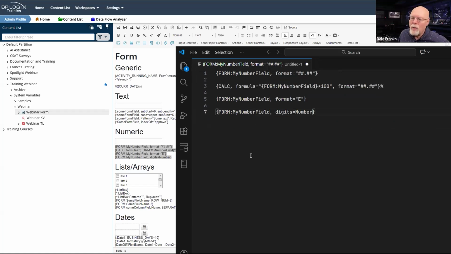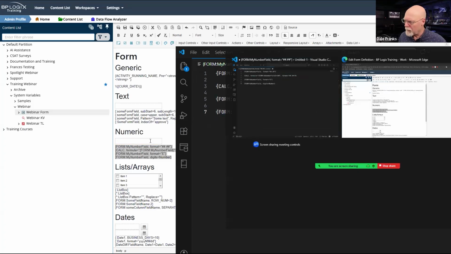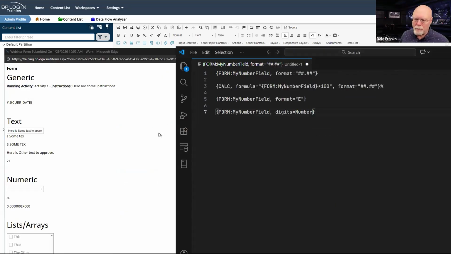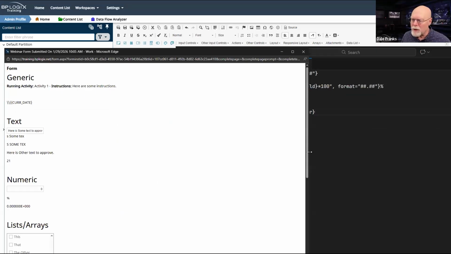So how do we want to manipulate numbers? Now, because it's a form field, we can always return the value of the form field. Now, this is specifically a numeric field. Where's my form? There it is. This is strictly a numeric field. You know what I should do?